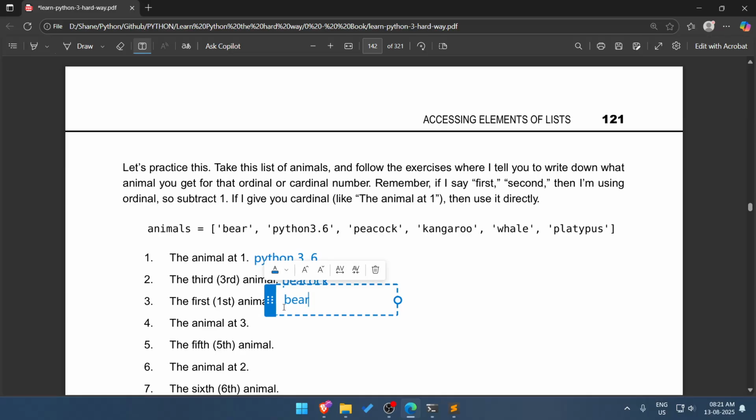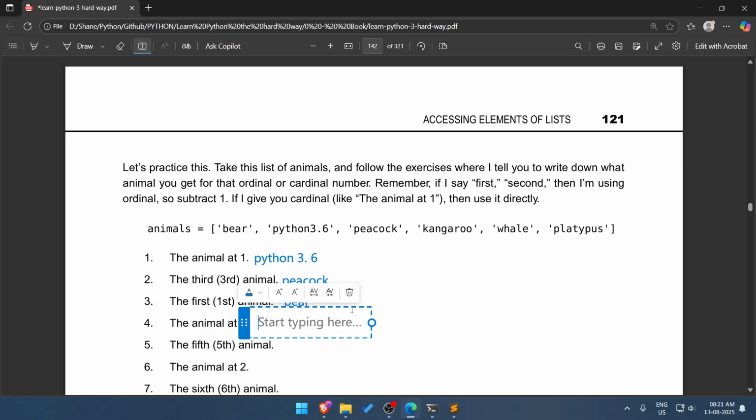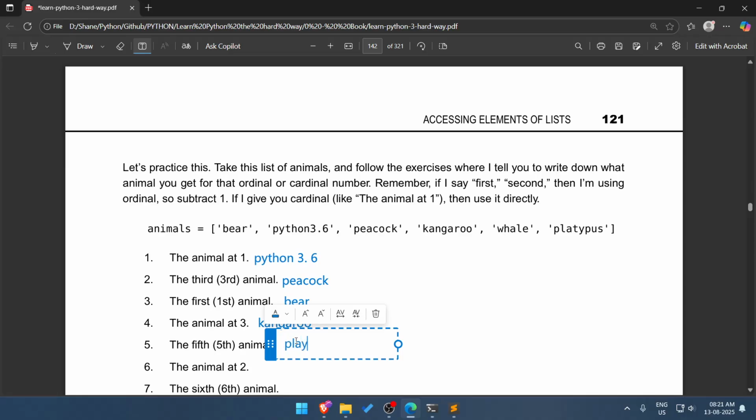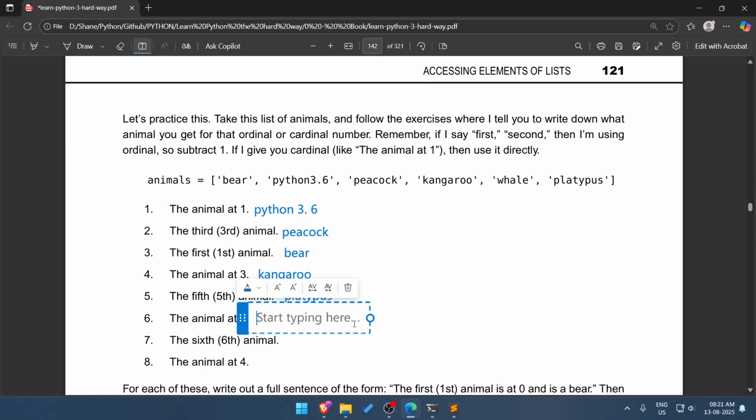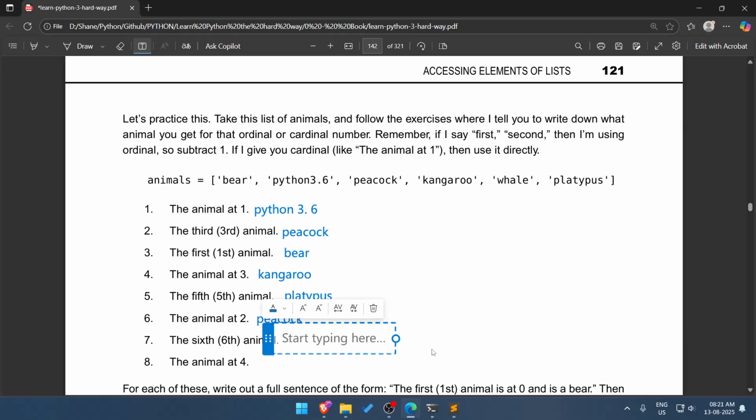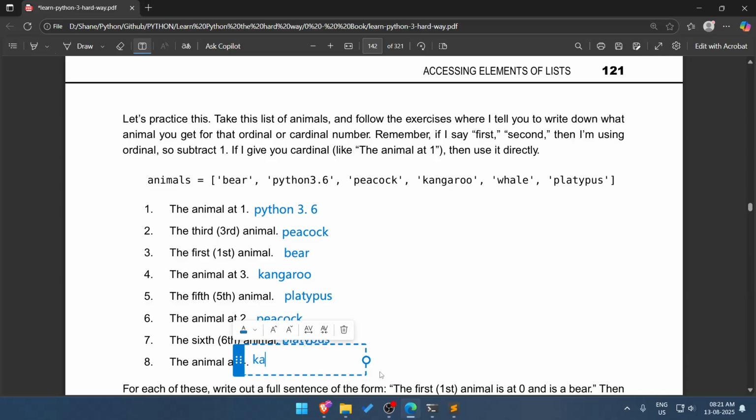Animal at 3 is kangaroo. Animal at 5 is platypus. Animal at 2 is peacock again. The 6th animal is platypus. Animal at 4 is kangaroo.